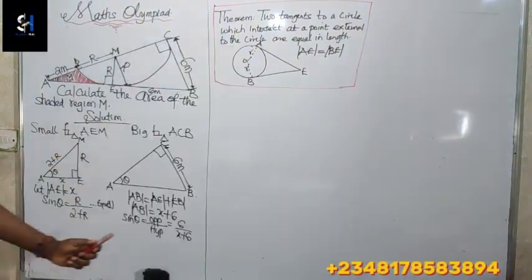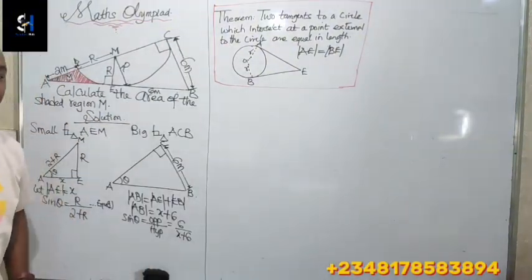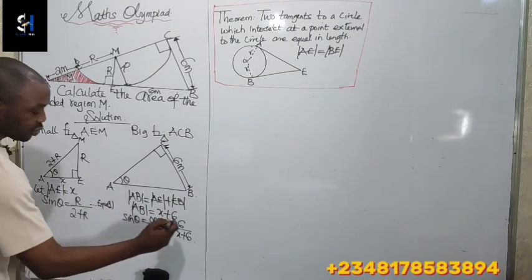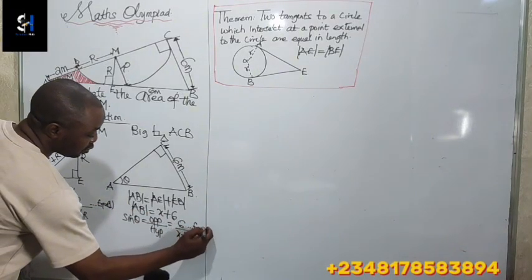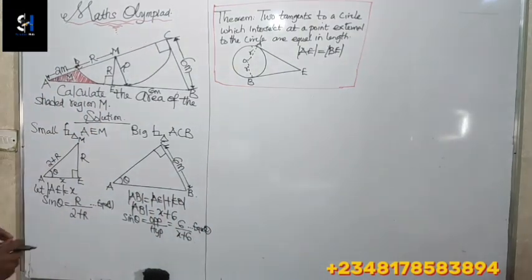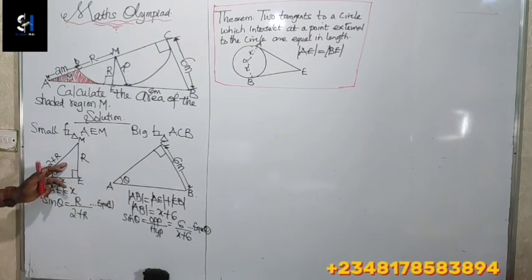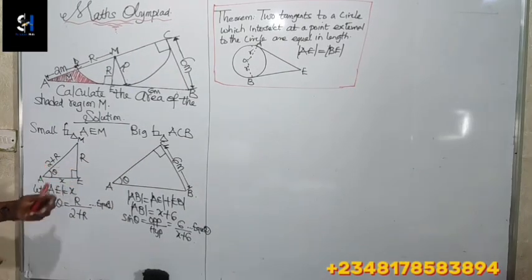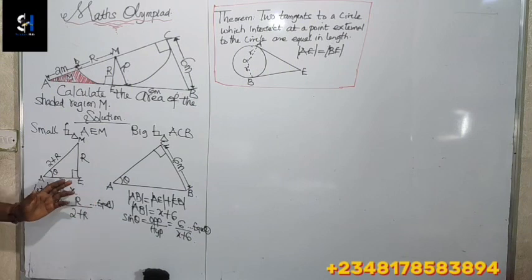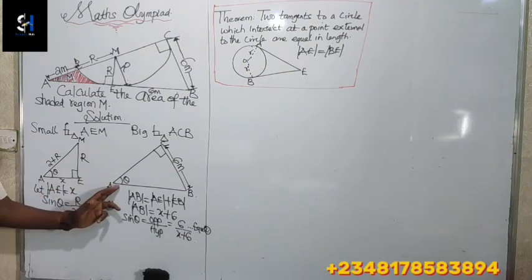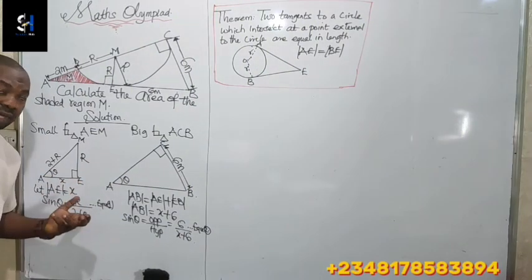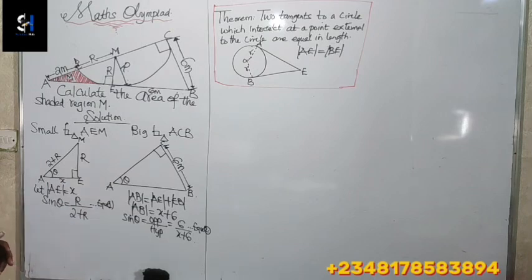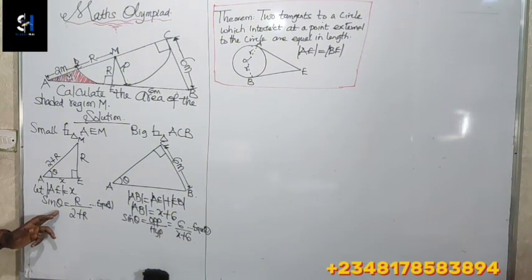So we have 6 over x plus 6. So this now becomes equation 2. Now we know that these two triangles are similar, and one of the reasons why they are similar is because they have the same angular measure at A. Now when we write the ratio for sine theta,